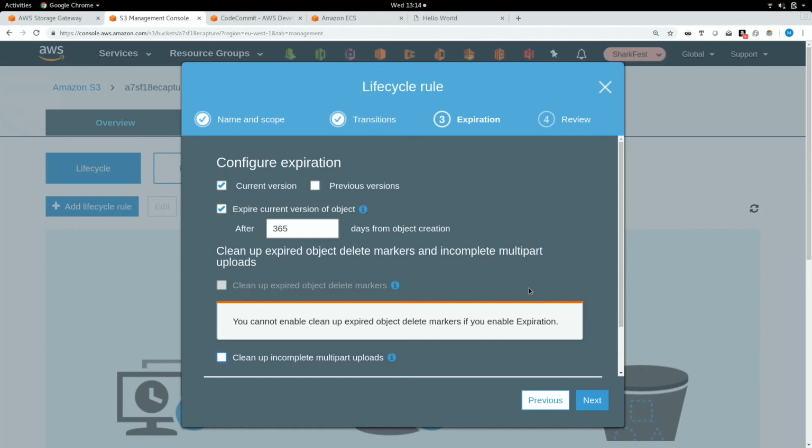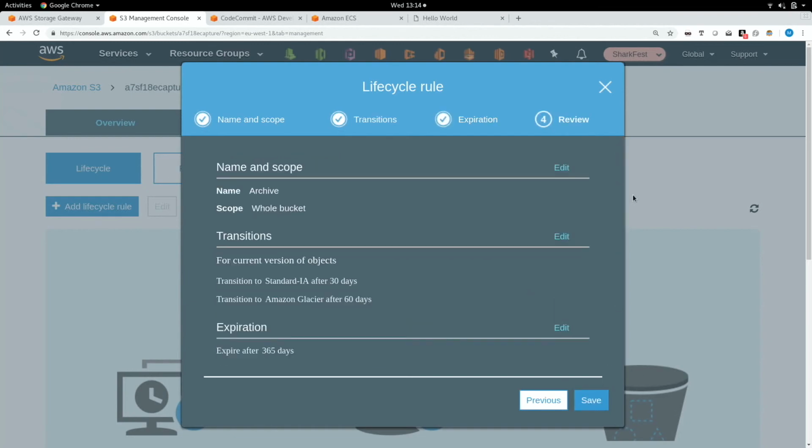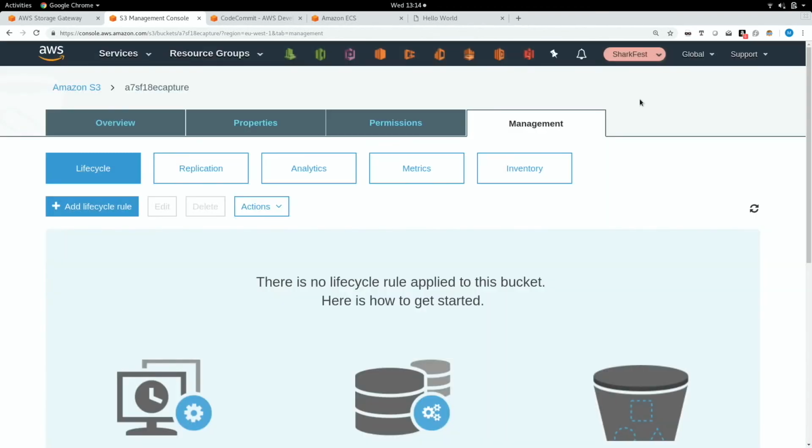So you've handed that lifecycle management away to someone else, and it's all automated, and you don't have to worry about it. So that's really cool. We can create those rules and do that. So that's got capture sorted, in a way, as much as we can at a very limited level. So we've got it coming into there.